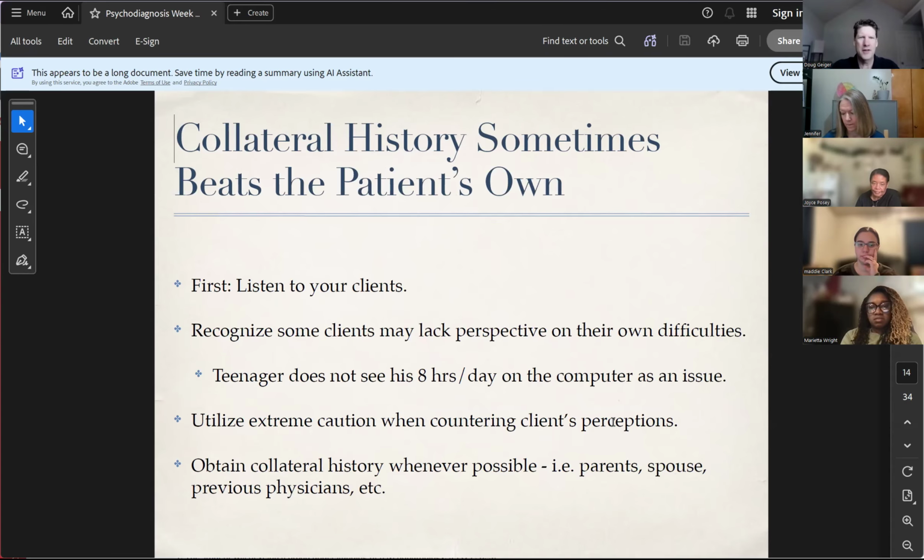Okay. So collateral history sometimes beats the patient's own. First, listen to your clients, obviously. Recognize some clients may lack perspective on their own difficulties. Utilize extreme caution when countering clients' perceptions, because a lot of times, you guys may have done this before,